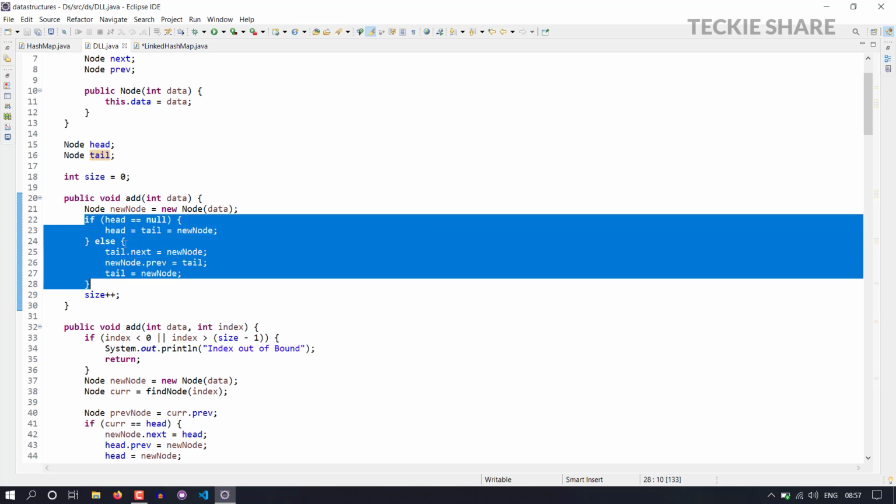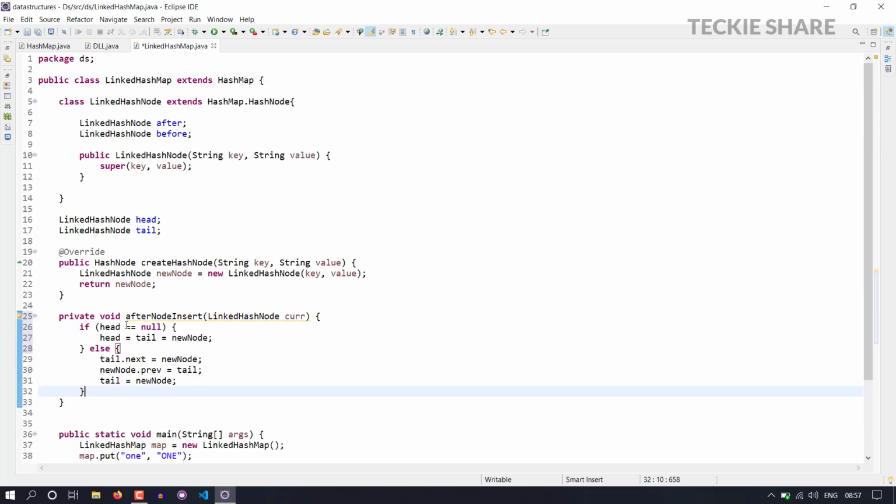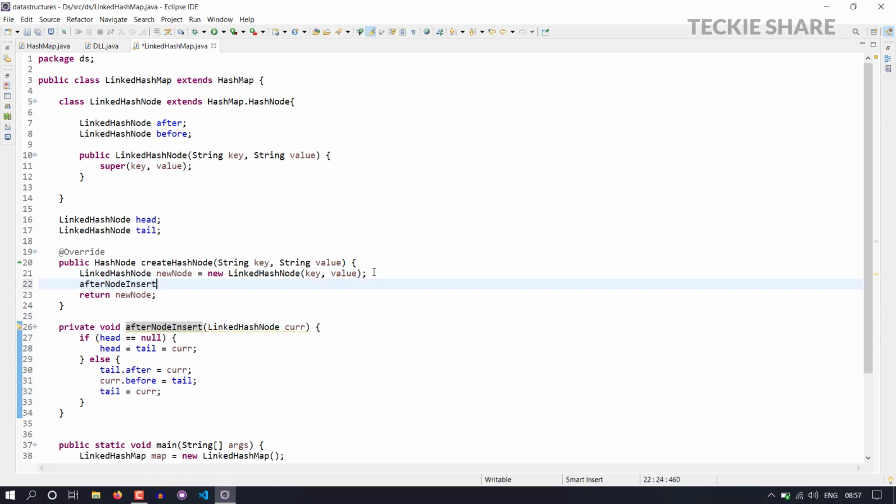Suppose you are not aware of my doubly linked list data structure addition, I strongly suggest you watch that video first to get a clear understanding of this video. I slightly modified the changes: node as current. That's it, and it should be after as well as current equal to previous. Now we have successfully created a method for adding that node into your doubly linked list.